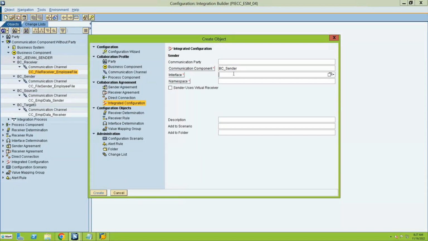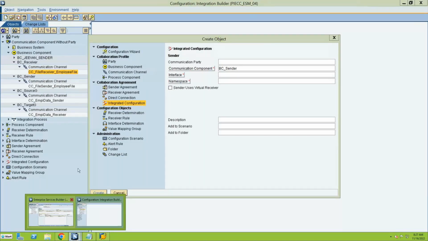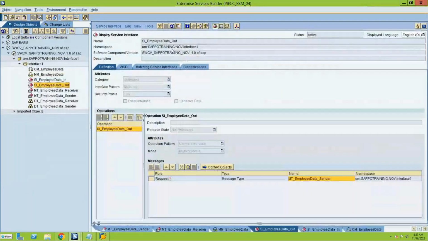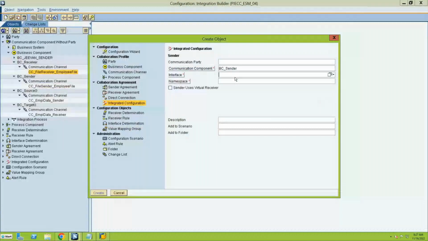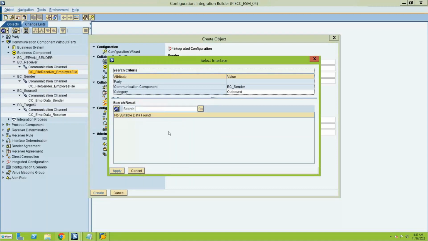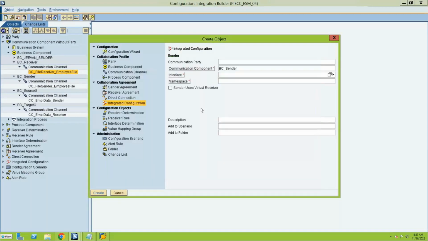Is it outbound or inbound that I have to use here? Tell me. It is outbound, sir. Outbound. Okay, so let me get that outbound service interface. There are two options to provide this here. Either you can manually type it or copy paste the name here, that's fine, not an issue. Or else you will get an auto populated option. But you're not getting anything here. Why? Because